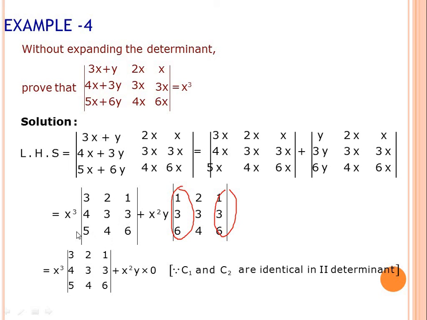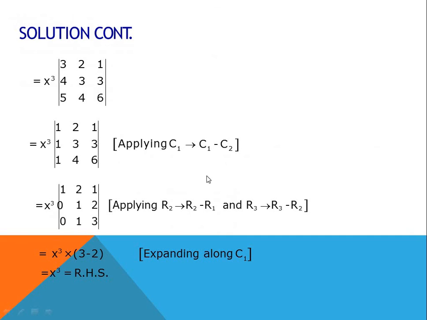And finally, we can solve this determinant to get the answer. If you solve this determinant, then the value of this determinant will be equal to 1, and you will get this answer as x cube. Now you can see the following procedure so as to solve the determinant. You can expand this determinant right away, or follow the operation c1 as c1 minus c2, and then reduce this so as to get 0 in the rows and column. So if you get zeros in the rows or column by following this operation, and finally by expanding, you will get the value of this determinant as 1, and the right hand side will be equal to the left hand side.